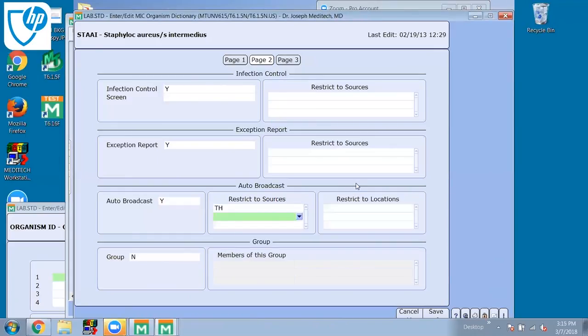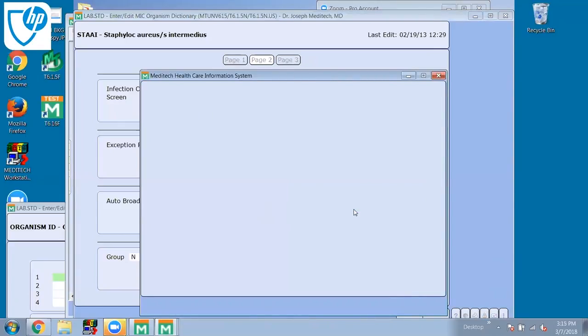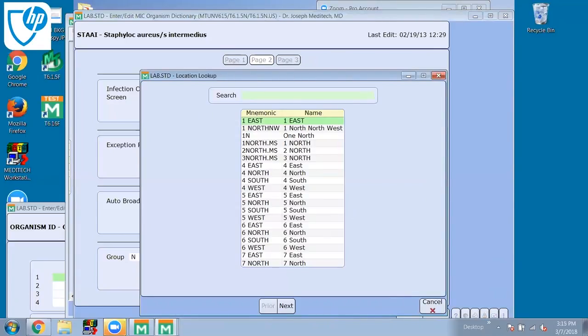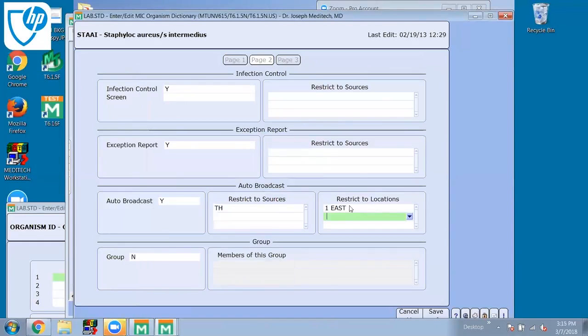We can do a throat here, and then we can do a lookup to our location. For example, we'll say when the patient is in 1 East and the Staph aureus has been obtained from the throat, we want the results to auto broadcast. And then lastly, on